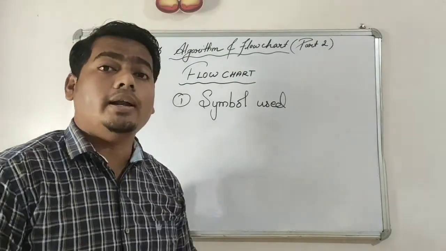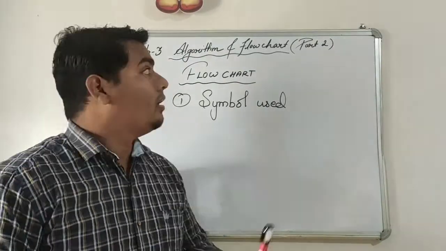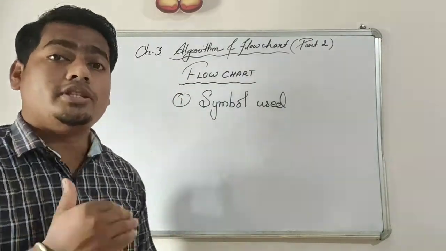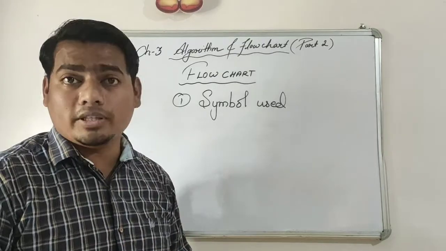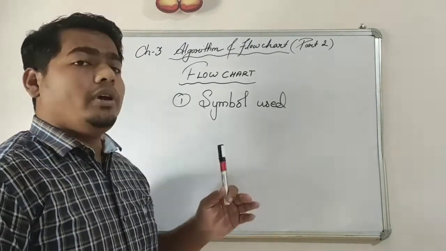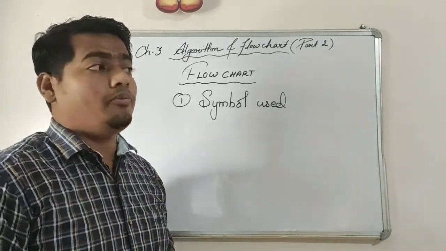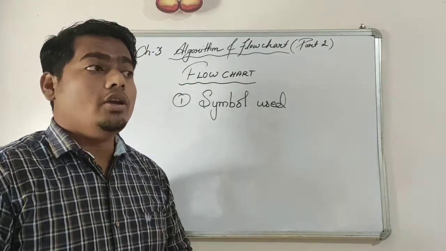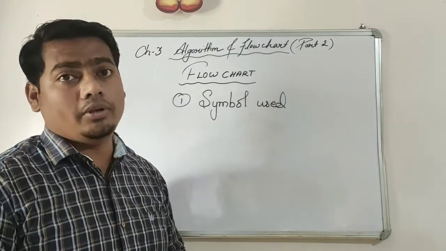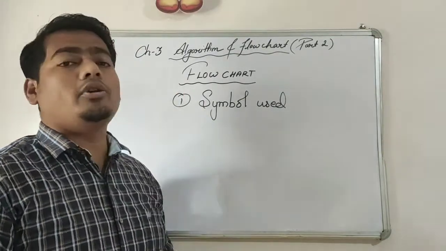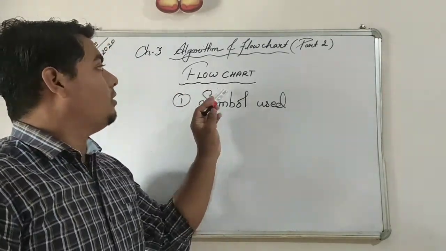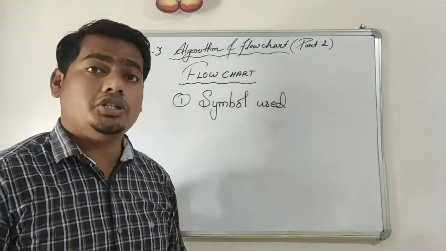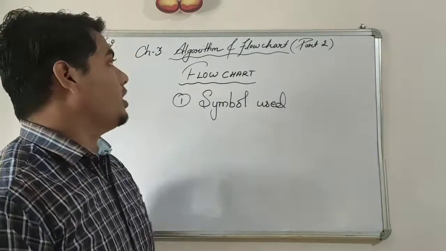Flowchart is nothing but the diagrammatic representation of an algorithm. How are we writing an algorithm? We are writing it step by step: step 1, step 2, step 3, or recipe-wise, right? That is the written form of an algorithm. But when you want to make the algorithm more attractive and more interesting, you can use symbols to write it. When we use symbols for writing an algorithm, we call it a flowchart. That symbol or diagrammatic representation is called a flowchart.